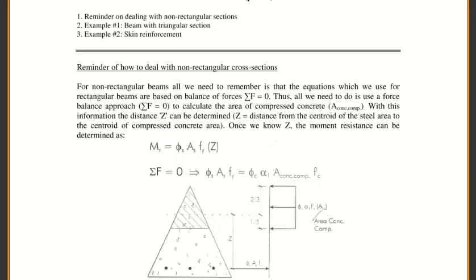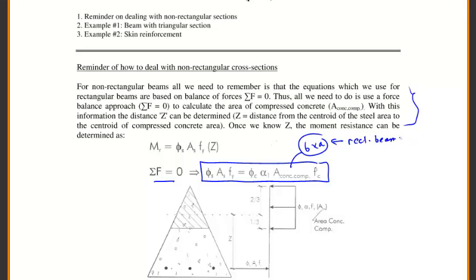So the way we solve this, you can read this paragraph over here, but very simply, we're going to use this concept of force balance. We have to remember where our equations come from. So when we're doing analysis of rectangular beams, what do we do? We set our force in the tension steel equal to the force of concrete in compression. So that's this equation over here. Normally, this area of compressed concrete is equal to B times A. That's what we have for